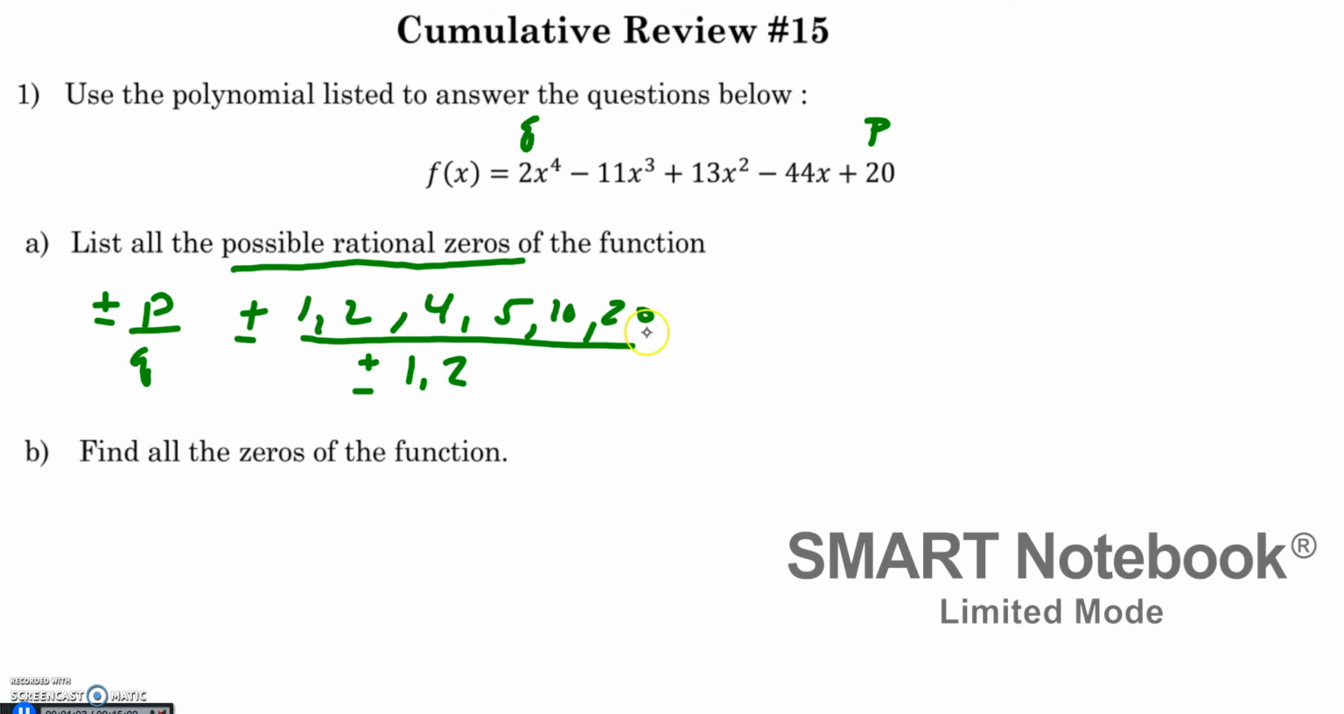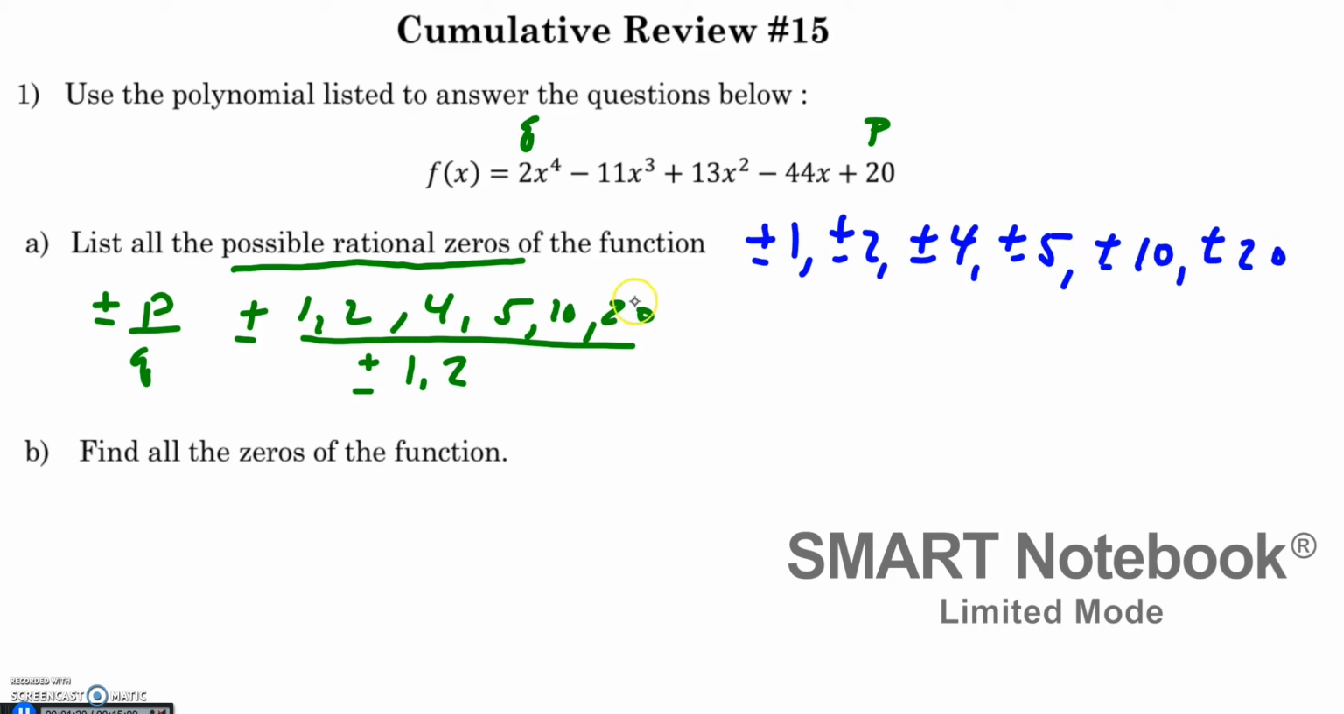So we would take every number on top and divide it by 1, and then take every number on top and divide it by 2. So if we did that, we would get plus or minus 1, plus or minus 2, plus or minus 4, plus or minus 5, plus or minus 10, and then plus or minus 20 if you divide all of those by 1. Then if you divide all these by 2, other possible answers would be plus or minus a half,